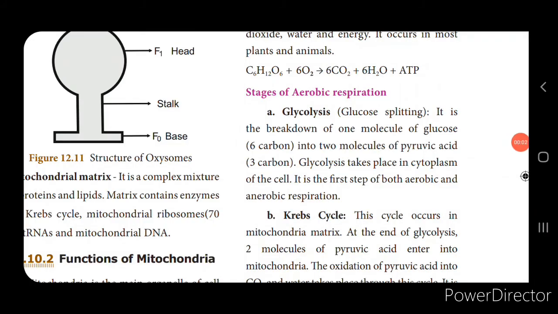Now let's see about respiration and types of respiration. Now, what is respiration? We know that respiration is just the exchange of gases that takes place in an organism, isn't it? For example, we breathe in oxygen and give out carbon dioxide. Plants obtain oxygen from the environment and release carbon dioxide and water vapor. This type of exchange of gases between the organisms and the external environment is called external respiration. So this is about external respiration because the exchange of gases takes place with the external environment.